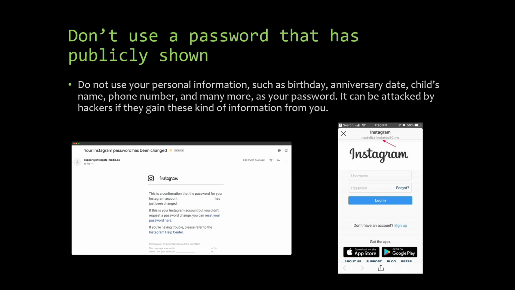This might not be related to phishing, but this preventive measure should always be told to everyone because your password is the most important key to protect yourself and your account from these hackers. The most recommended one is to use a unique and long password with a combination of lowercase and uppercase letters, numbers, and special characters. This will give the attackers a hard time to brute force your account.